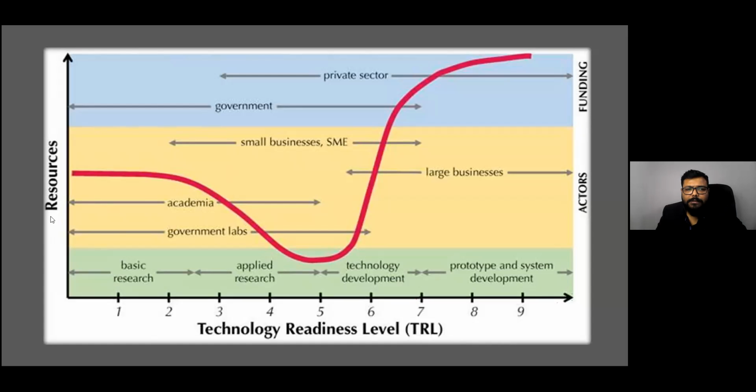these resources are obviously human beings. Now, who can be the resources? At this stage, there are a lot of resources: government labs, academia. You can see this is the curve. Now, when it comes to TRL 3, TRL 4, after TRL 4 I have seen a lot of people drop their ideas, drop their innovation, stop, because maybe they feel it's not working. And this is the fifth and sixth one. If you just complete the fifth one, then I say you are going to be successful. Okay, so this is a very tough readiness level.